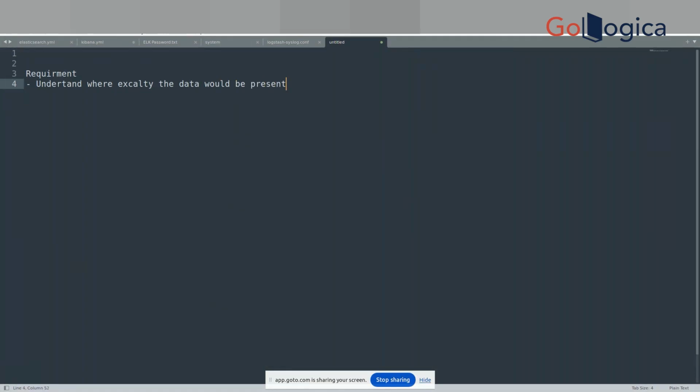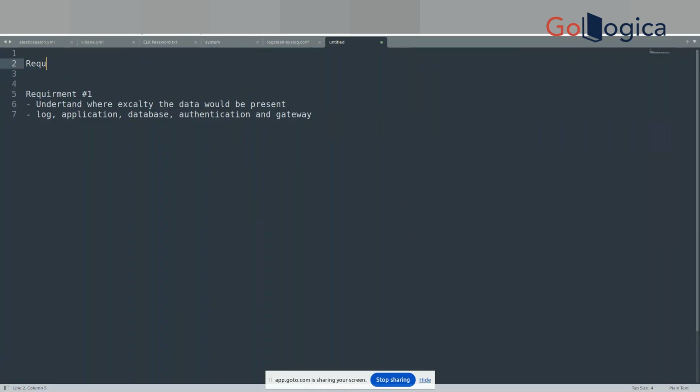where exactly the data would be present. It can be sitting on your log server, application server, applications, and you also can have a database. You also have some authentication system, and you have your gateways. So data can be collected from all different sources. That is the first and foremost one. Even before that, you just have to see what is a definition of a threat, because each and every